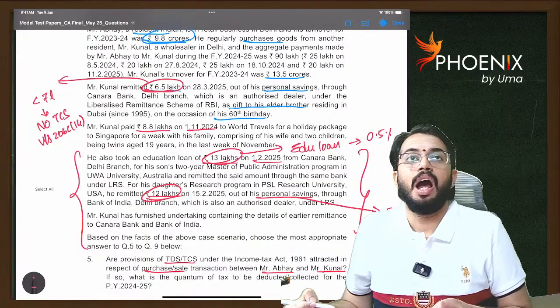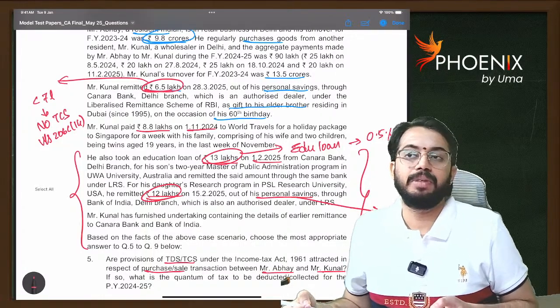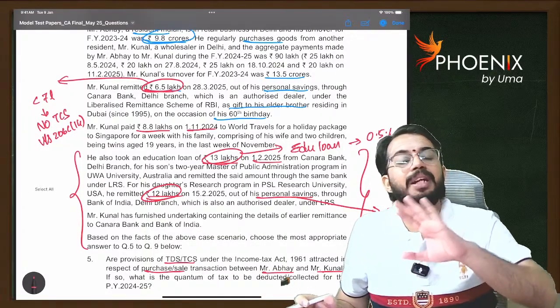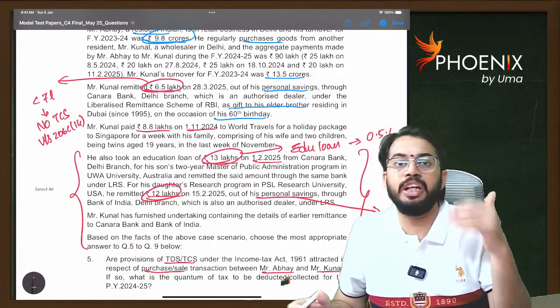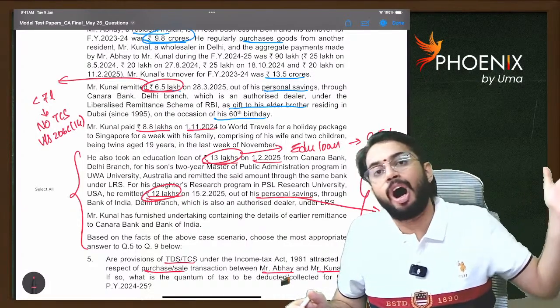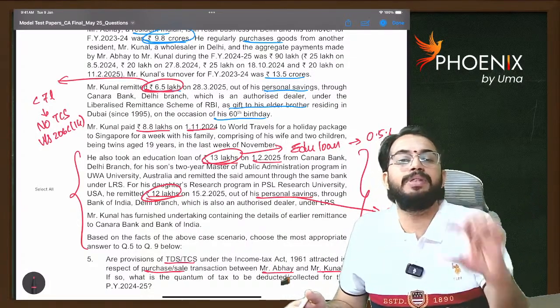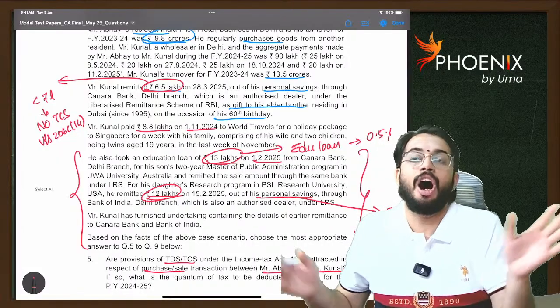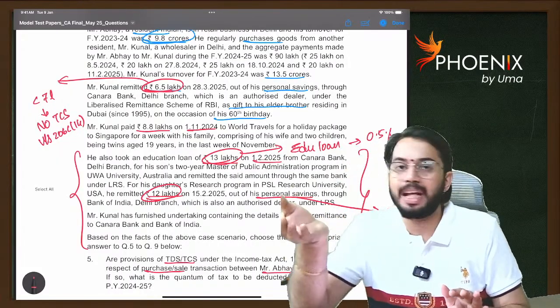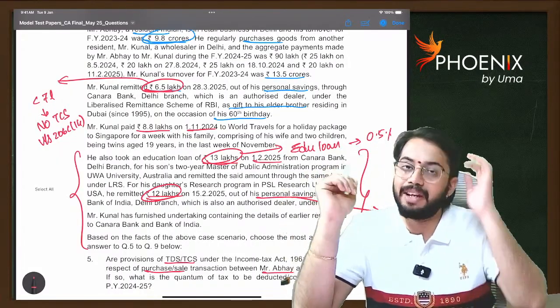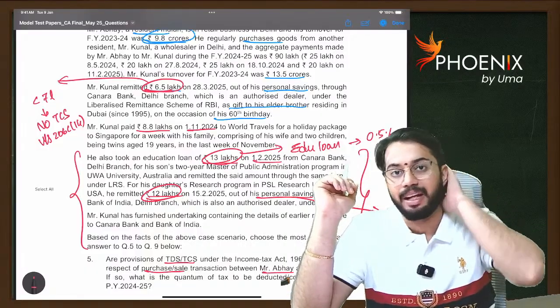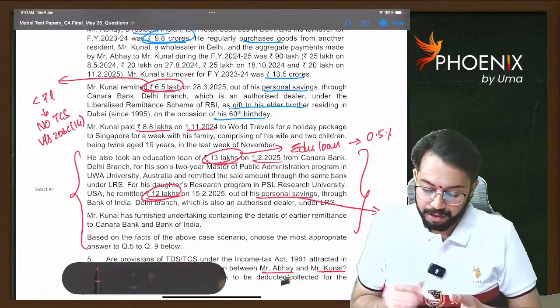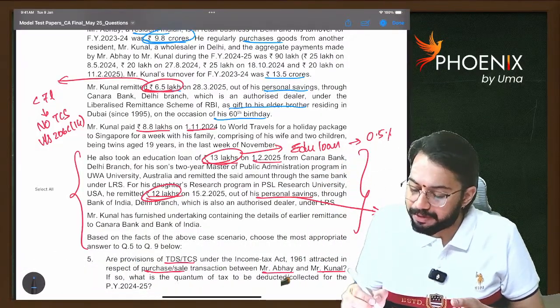See, amount of remittance. Whatever the remittances that you do for education, health, or for gift, all remittances together up to 7 lakhs, no TCS. All transactions together, if it is more than 7 lakhs, then in excess of 7 lakhs, TCS is required to be collected. Here, first remittance was on